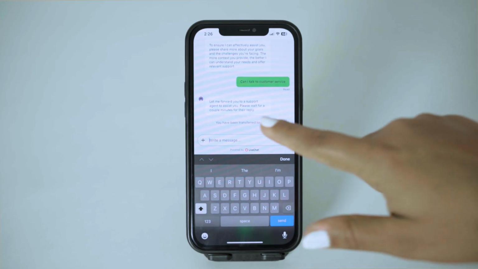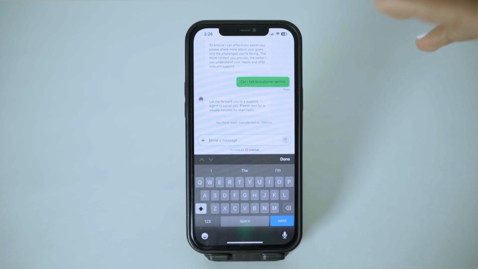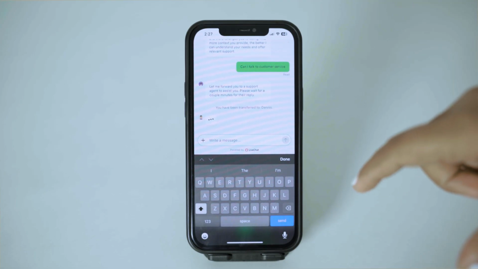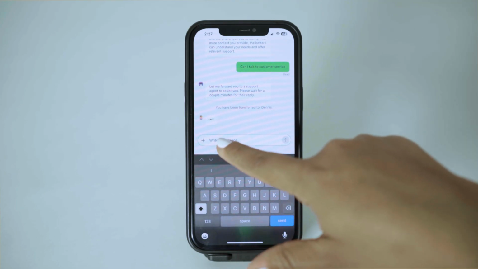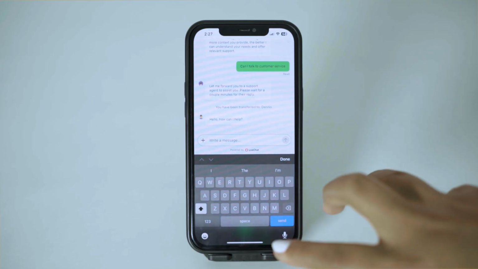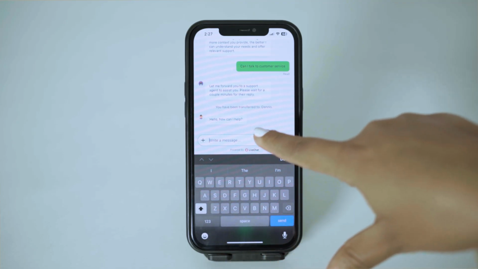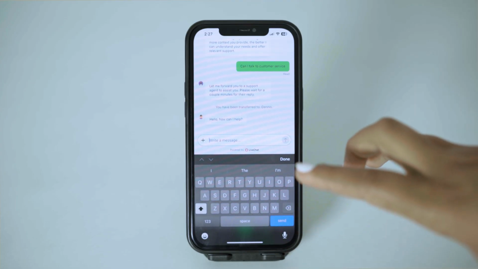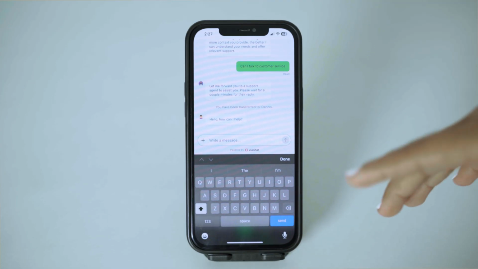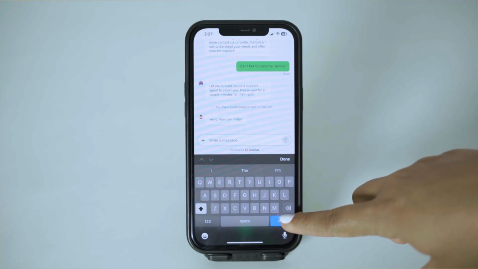And just like this, here you can see the AI bot is forwarding your message to a customer care employee. Just like this, here you can see a person is typing. Now you can simply chat your issue with this person. Here you can see they have sent you a chat: hello, how can I help? So you can simply explain your issue to them, or ask any questions you have, and simply tap